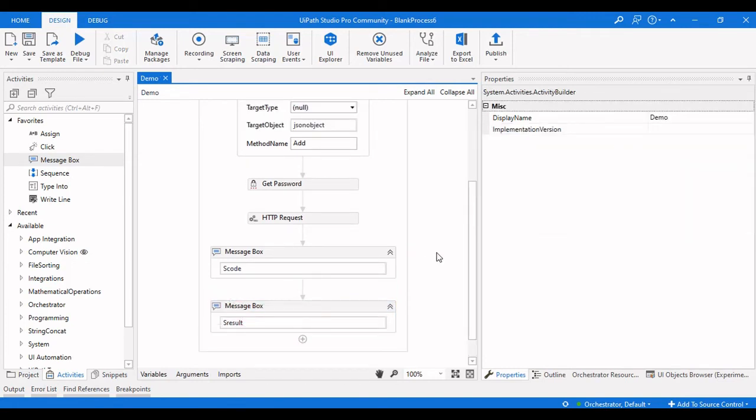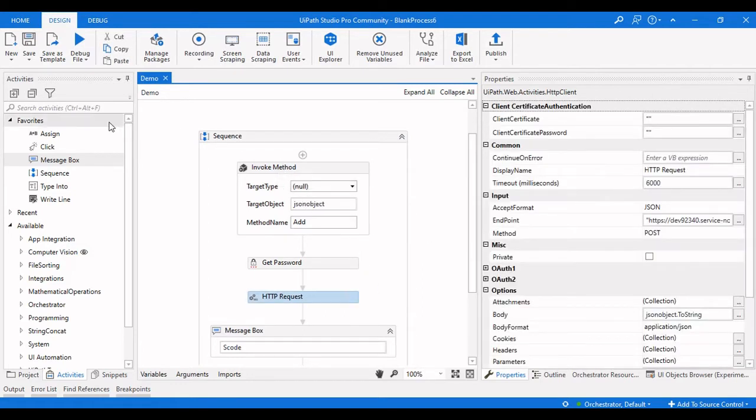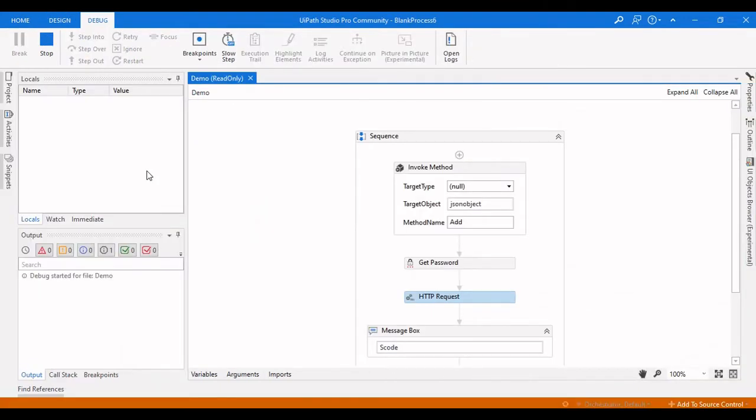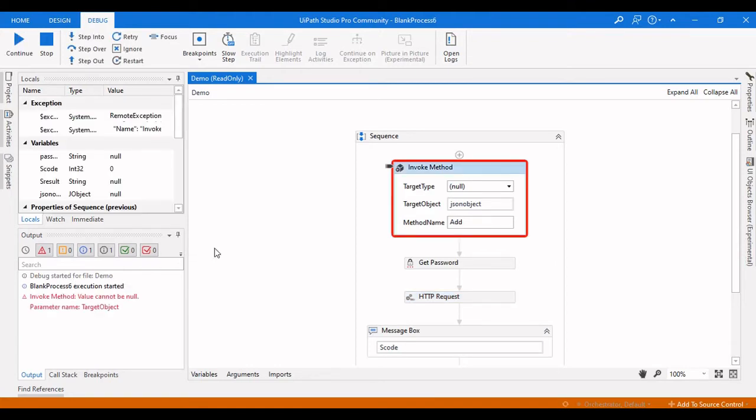So that's it, and that is how we can actually insert records into ServiceNow. This is a simple example of a single value. So we are actually inserting a short description. So let us quickly run this and see whether it is working fine or not. So the process is started now, and you can see the value cannot be null. Okay, here we need to initialize the JSON object.